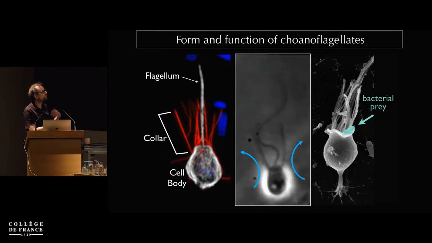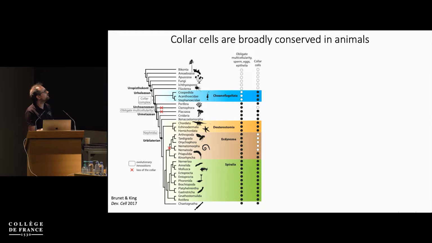And this collar complex is fundamental to the life of choanoflagellates in two ways. First of all, the beating of the flagellum allows the cells to swim around exactly like a sperm cell, but it also creates a flow that carries bacteria that are being eaten by the choanoflagellates and which serve as food. Choanoflagellates are characterized by this collar complex, and we know now pretty much for sure from molecular data that